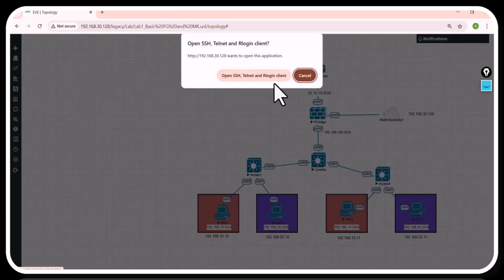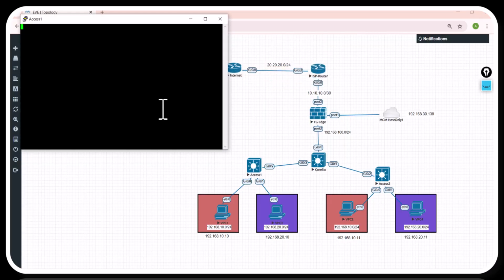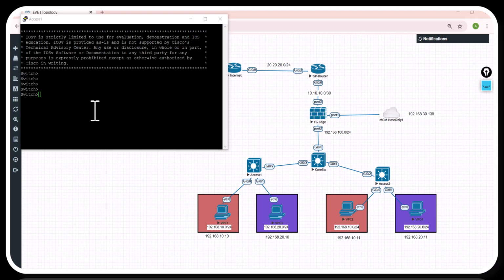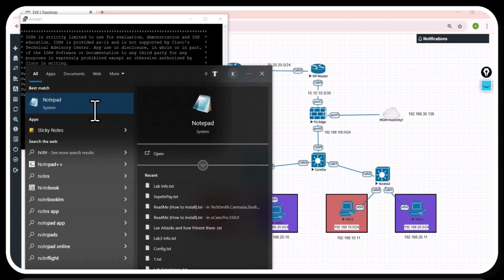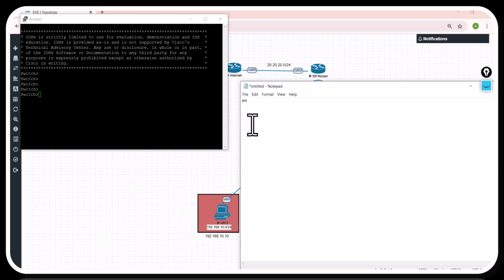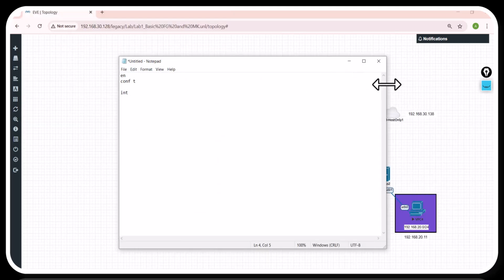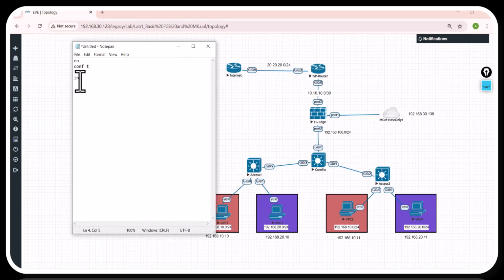Okay, let's connect to switch access number 1. To make configuration easier, let's open a notepad and type enable, conf t, interface gigabit ethernet 0/0, switchport mode access,